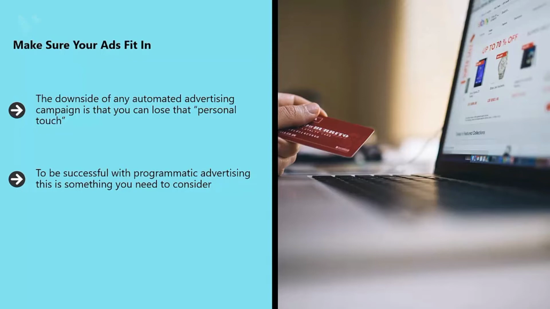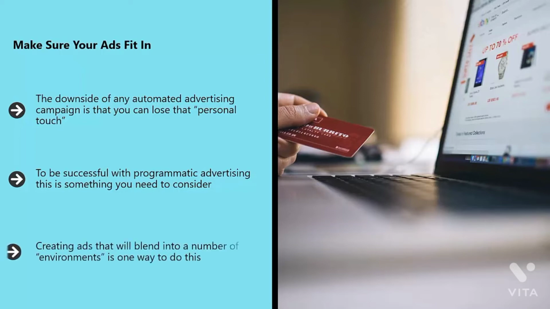Your ad is targeting the right people, on the right devices, in the right context. But is it the right fit for the job? This ad needs to look like a native ad in the same way that a banner ad would. Creating ads that will blend into a number of environments is one way to do this. Another is to choose a tool that allows you to select the brands you want to work with, and then to choose those that are already closely aligned with your own goals and style.